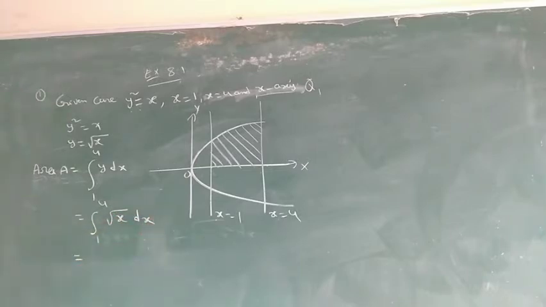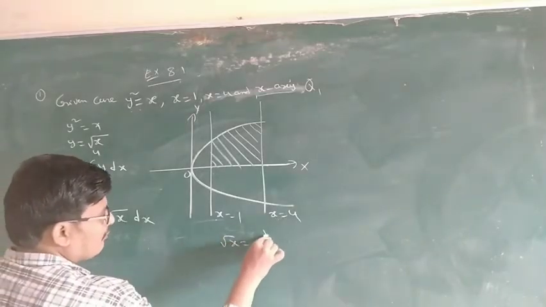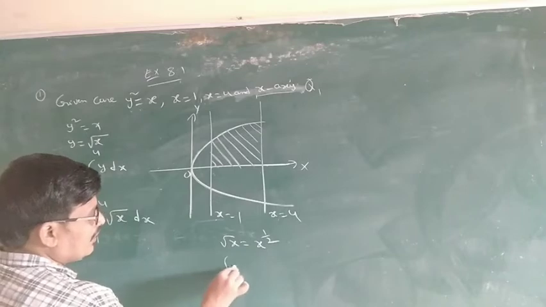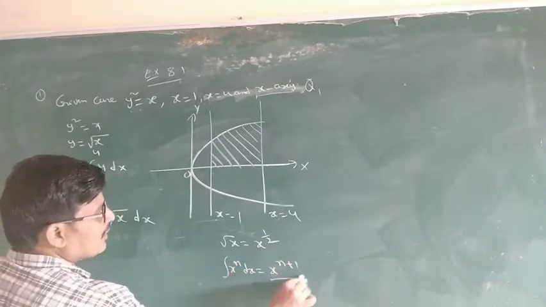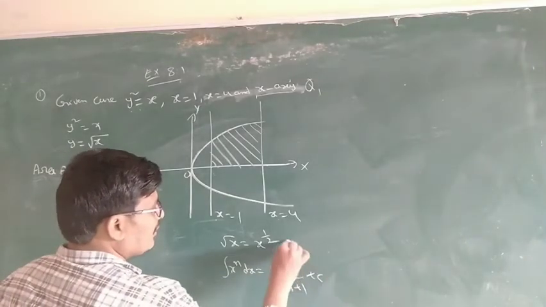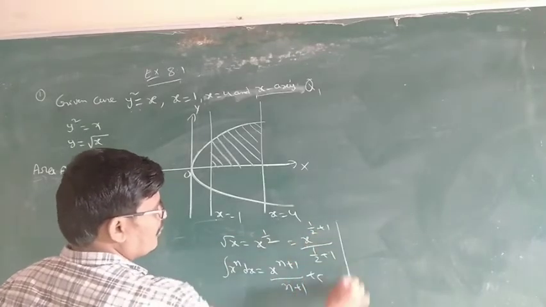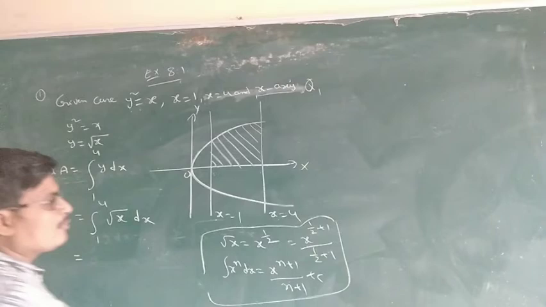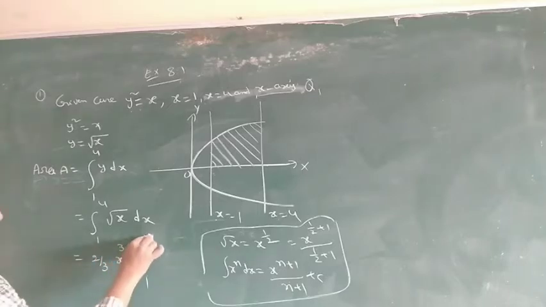The integration of root x, which is x power 1 by 2. Integral x power n dx is equal to x power n plus 1 by n plus 1, plus c. So x power 1 by 2 plus 1, by 1 by 2 plus 1. 1 by 2 plus 1 is equal to 3 by 2. So it is 2 by 3 into x power 3 by 2 over the limits